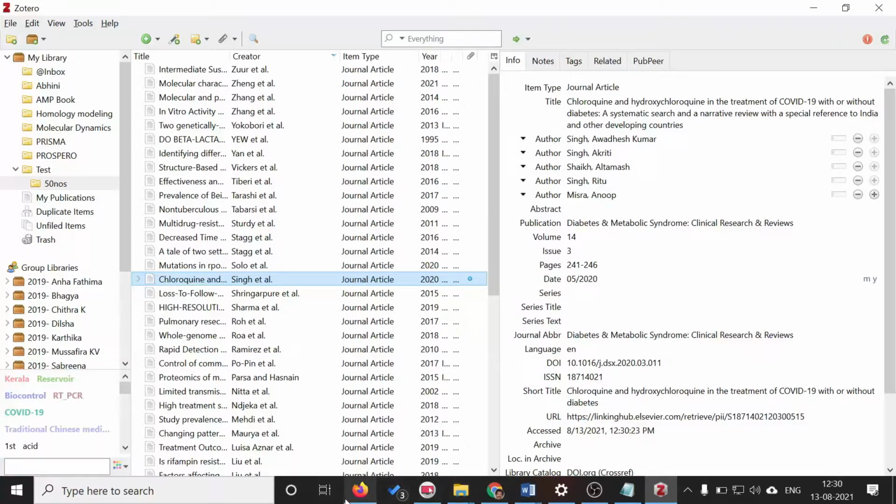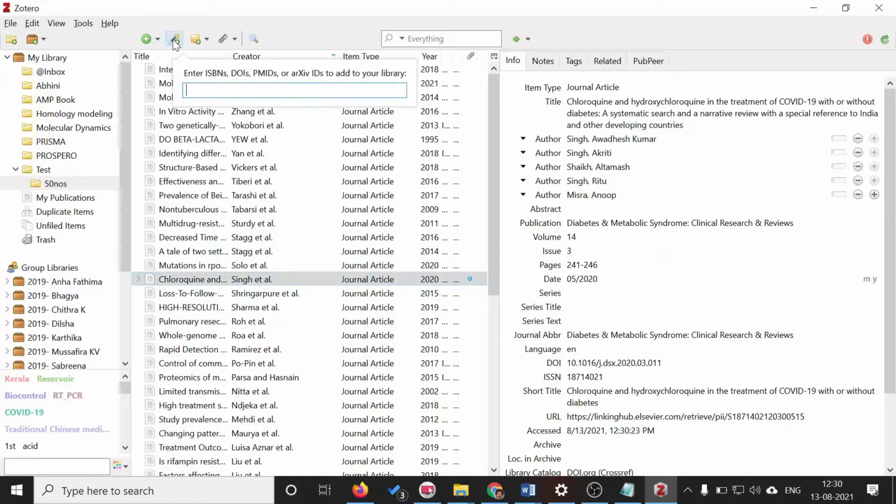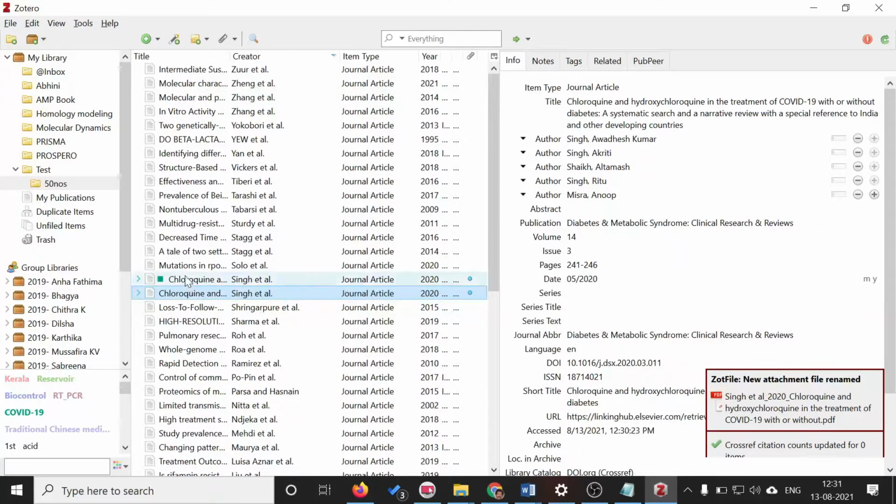Or you can try to download the same article once again. Say this is the PMID. So either you can use the DOI number or the PMID. So again you will click on this one and say this is it. PMID is given and I am clicking enter. Say this is it. Both are the same references, right?